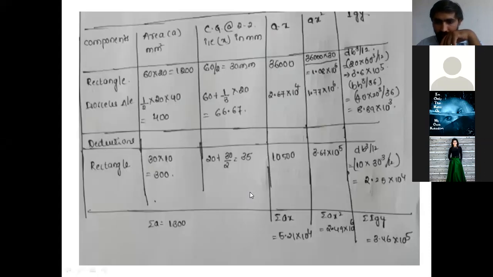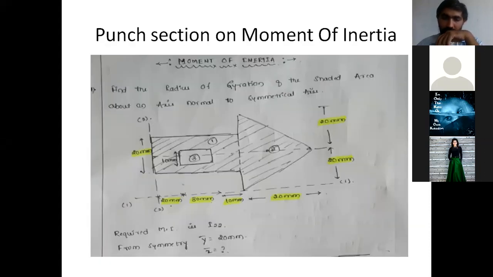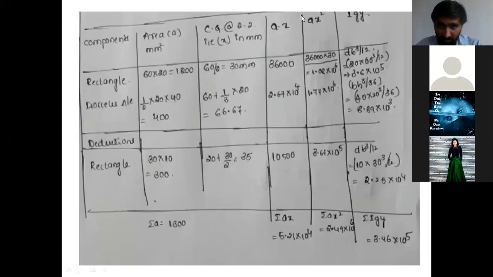All right. So we started how to fill the standard table for your centroid and the moment of inertia. We are just adding two tables. If you look at the moment of inertia calculation up to this position, the tabulation will remain the same for your CG, and we are just multiplying the perpendicular distance one more time just to get the value of the second area moment. So that will be A x square, and we are taking one more component, which is the CG of any body with reference to its own centroidal axis, right?